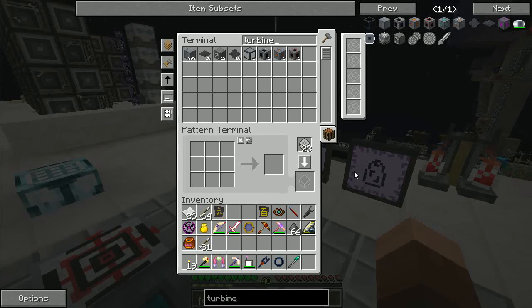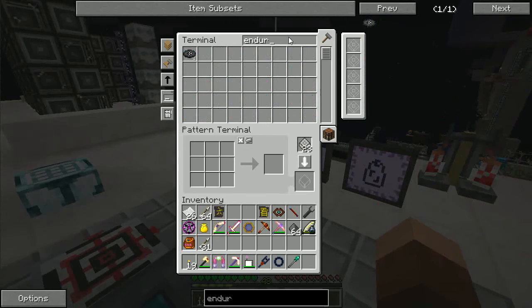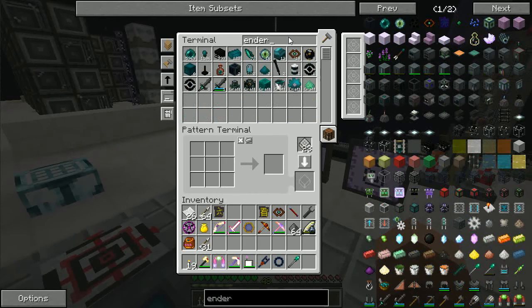So my plan right now is I'm eventually going to need 80 turbine blades. I'm going to need 25 turbine rotor shafts. I'm going to need a rotor itself, which I'm going to make out of endurium, which I've already made. So basically endurium blocks. I'm going to need another 20 of these. So let's whip up... Oh,